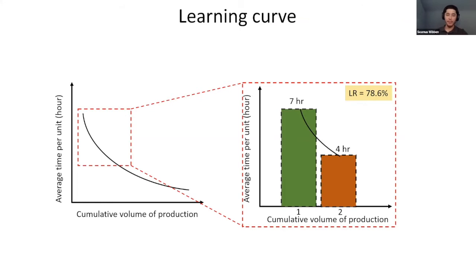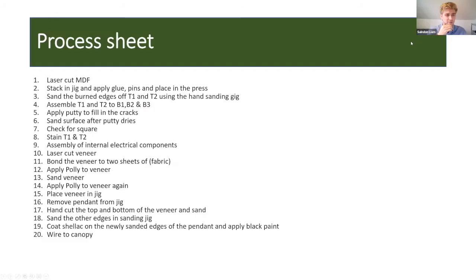From the data we gathered during production, we found it took us approximately 7 hours to create our first unit. However, it only took us 4 hours to complete our second unit. This results in a learning curve of 78.6%. We had to create a pilot run of 10 units. And one of the things that helped us make it the same way every single time was the